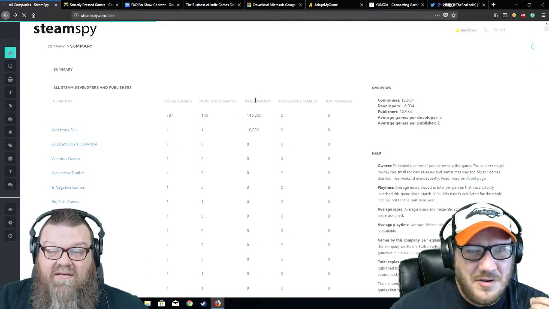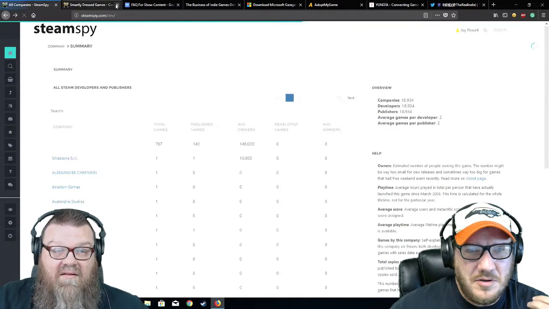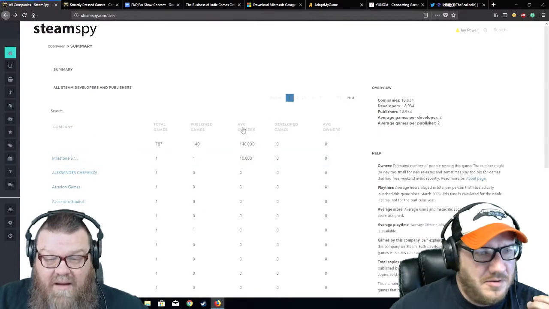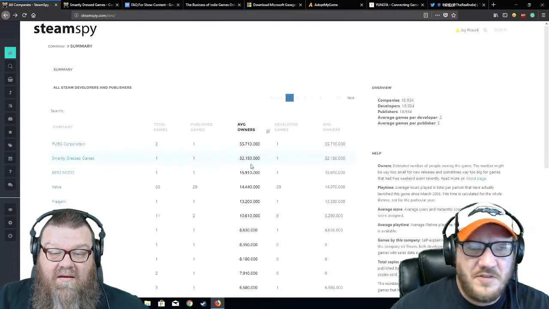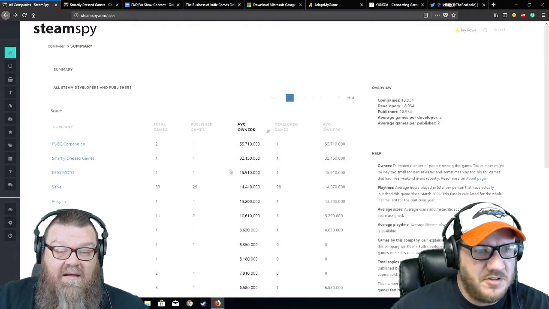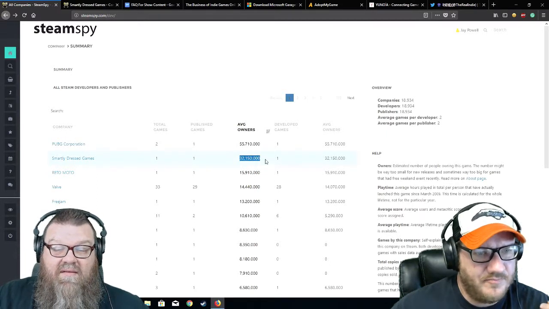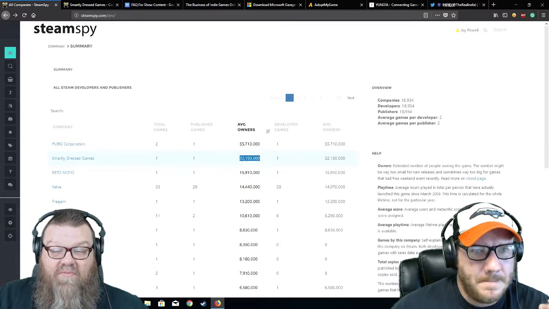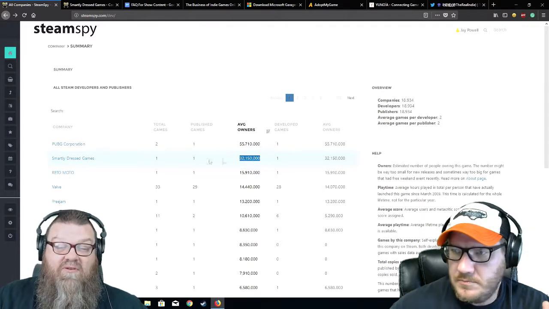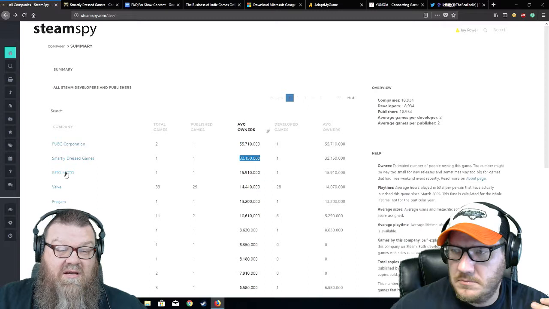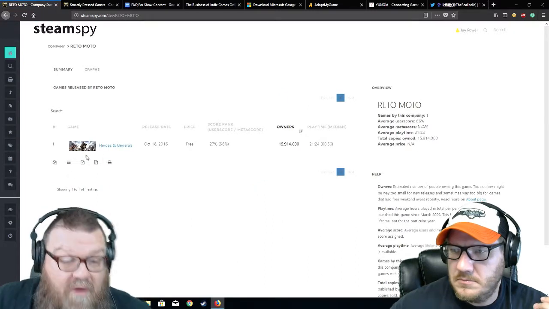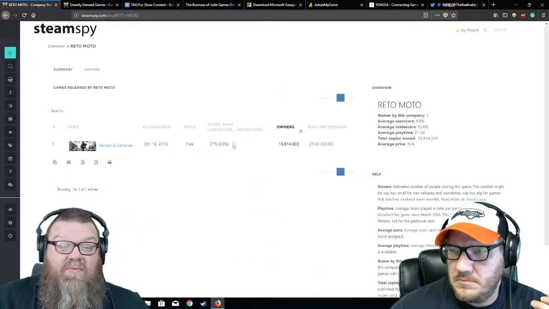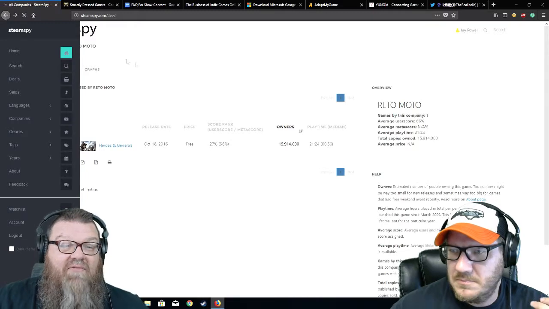It's going to take a second. Bam. Oh, I was trying to figure out why it kept telling me my access is restricted, because I'm not logged in. This has more than 50% of the users as PUBG. What is this game here? Moto Heroes and Generals. That's the next big game. And that game has half as many owners as Unturned.